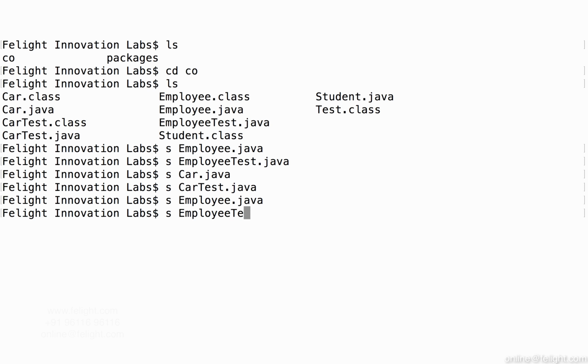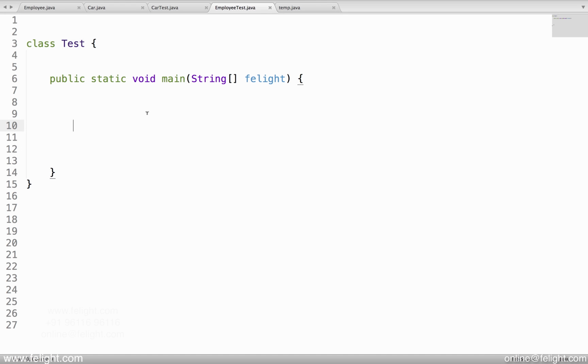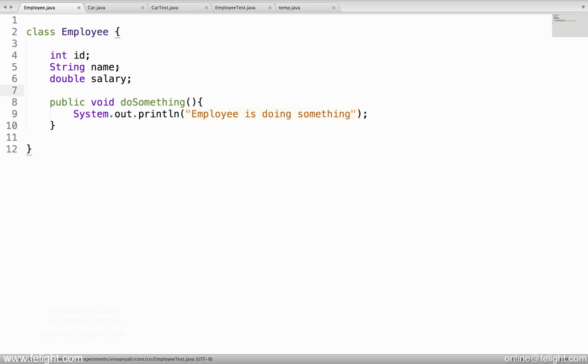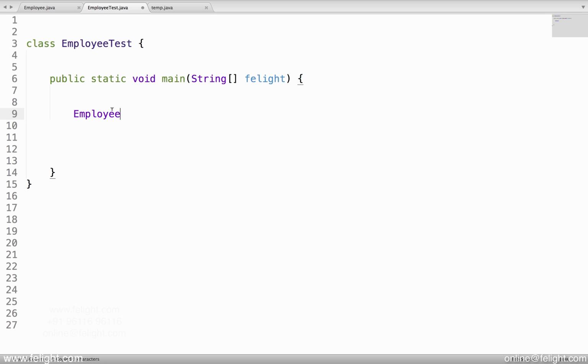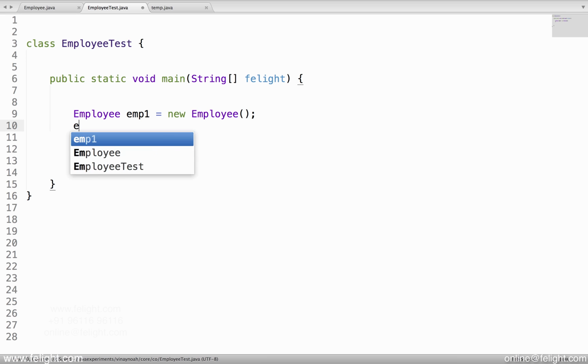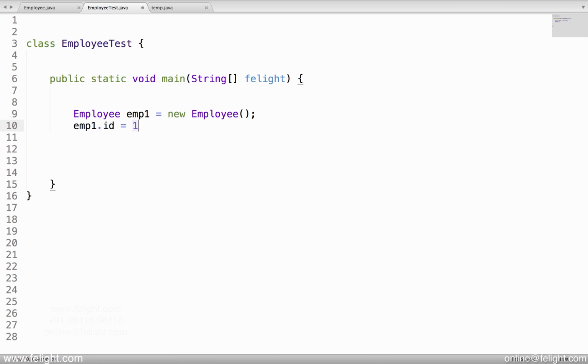Now I'll create one file called EmployeeTest.java, which I already have here. What I want to do is instantiate Employee. So how do I do that? Obviously the same usual step: Employee emp1 equal to new Employee. Then generally what do I do? I will initialize with id equal to some value,